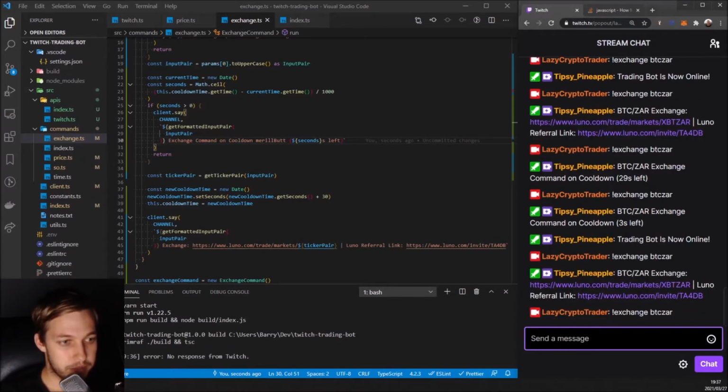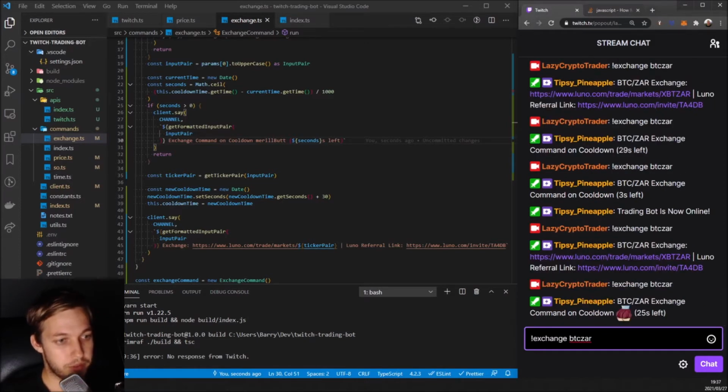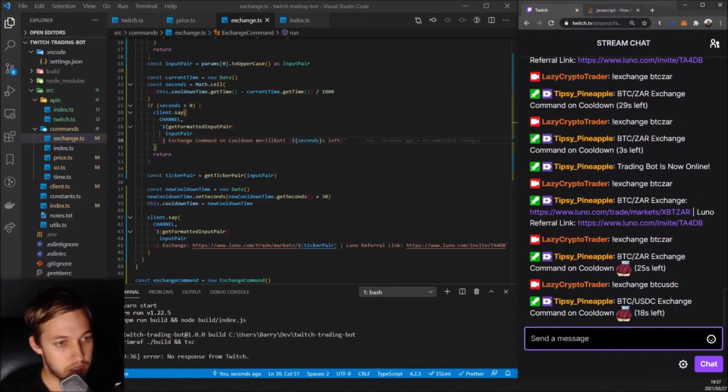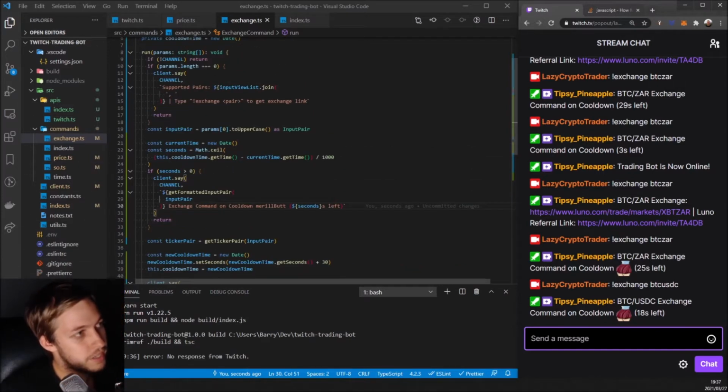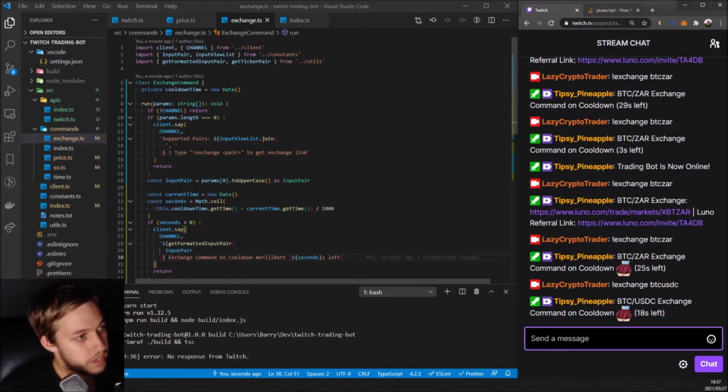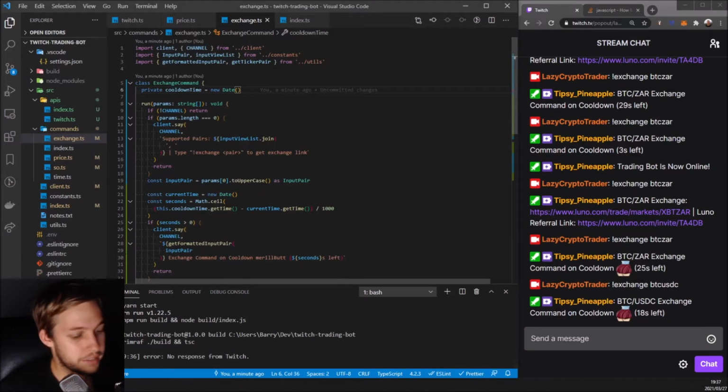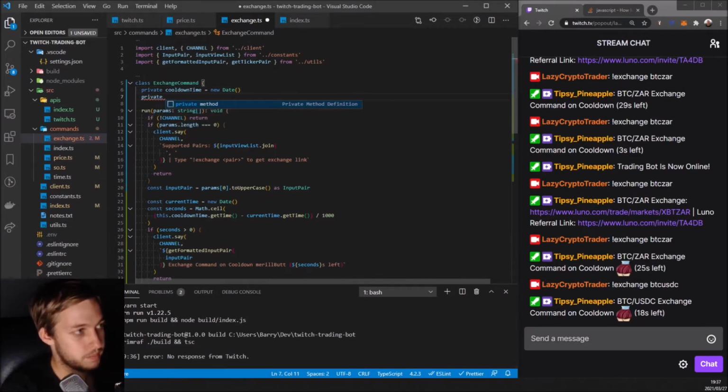Okay, and we do it again. Now the problem is, if we say BTC USDC, it will say that command's also still on cooldown. So what we need to do now is look at the actual commands. We need to set the cooldown time to not a date, but a private